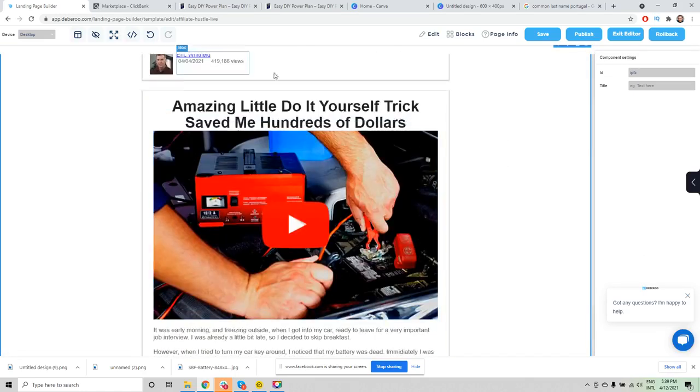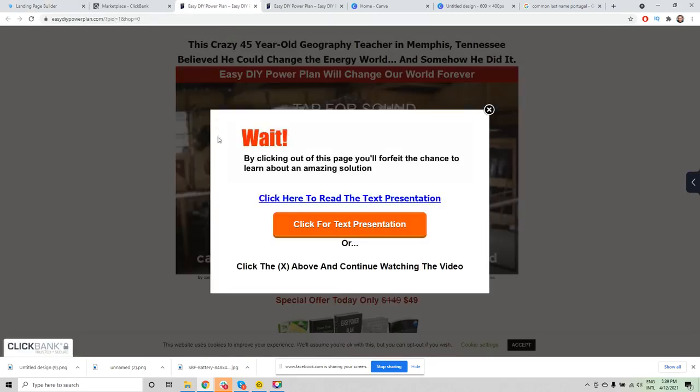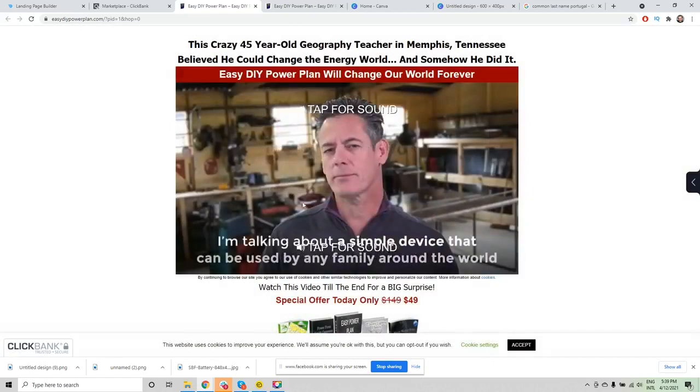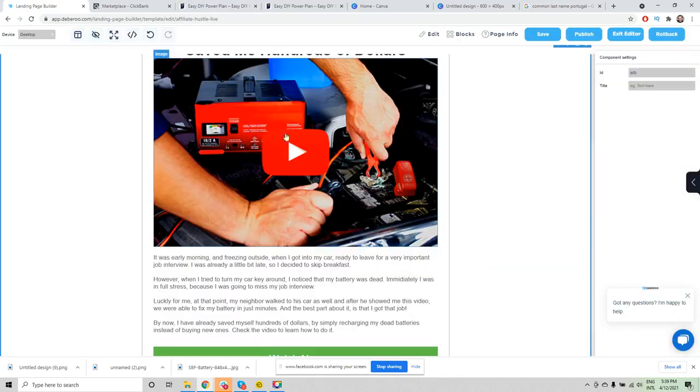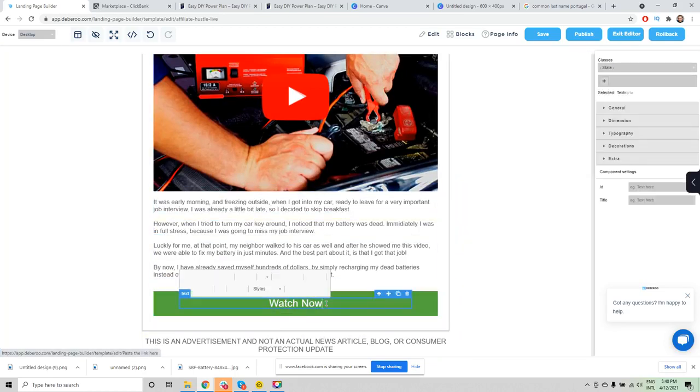Other than that, we have changed the headline. We've changed the image with a YouTube play button. Very important, because this image is going to be clickable, but it won't play a video, of course. It will get them redirected to the offer page right here. So that's a very important one, to get that YouTube play button in a transparent background. Otherwise, you would see a white box around here. And then we have the copy and the call to action. Watch now in this case, but you could